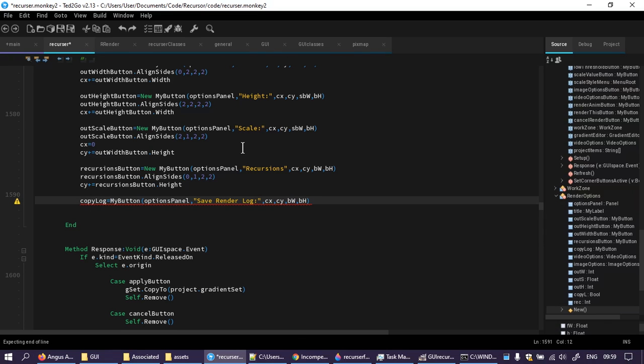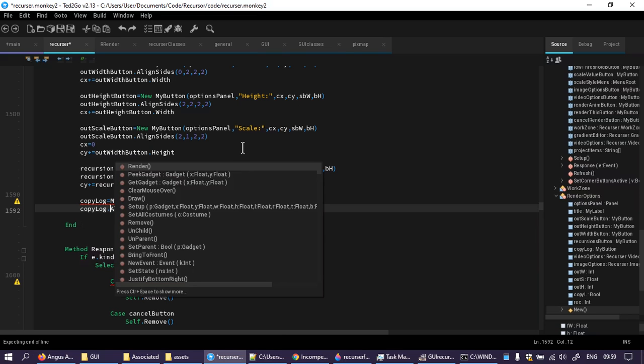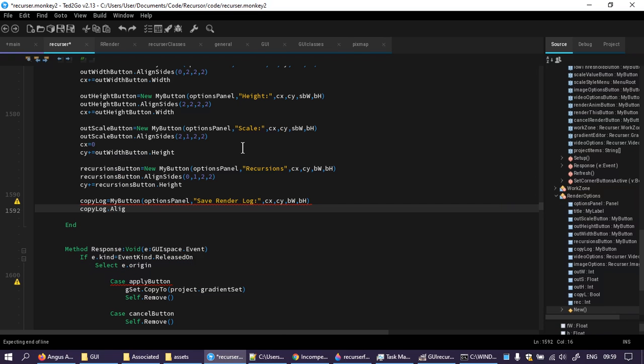Don't know what happened there, I'm assuming that's right. Copy log, align sides. What did I say? 0, 1. And again, this is going to be 2, 2 because at the bottom of the copy log,